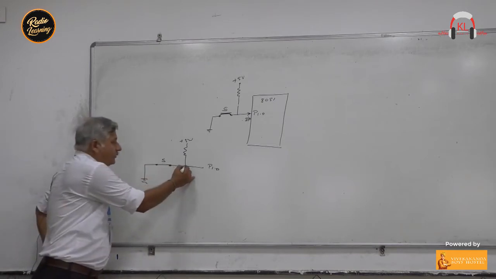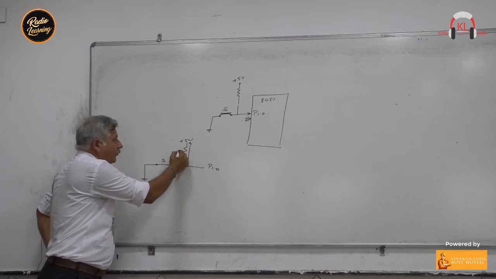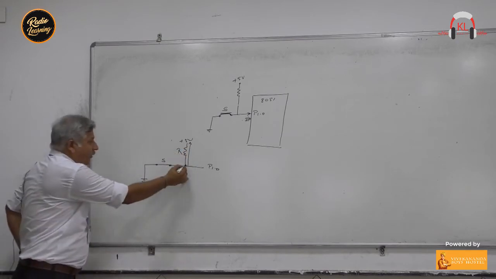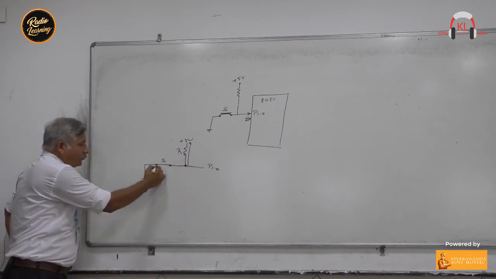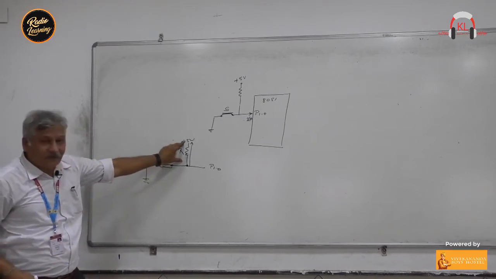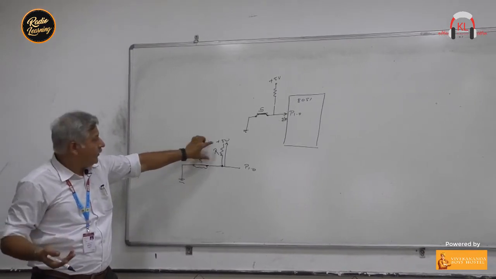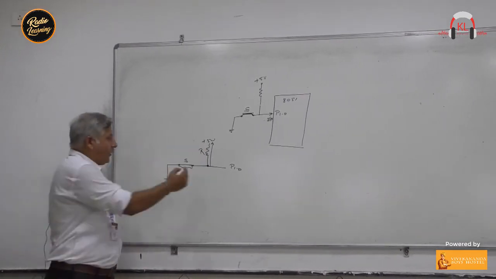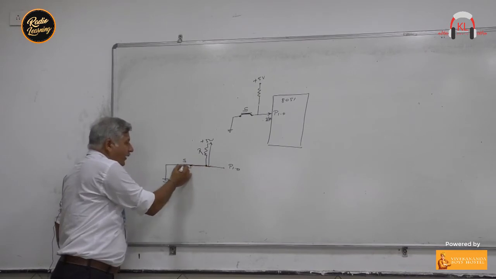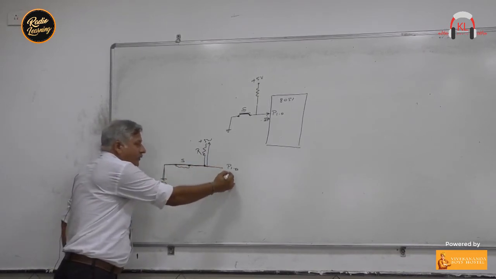Now this point is connected to VCC through one resistance, and this point is connected to ground through this short circuit path. This short circuit path will have very low resistance, around 10 ohm. Here the resistance is high. So this pin will be connected to the ground through the short circuit path, and you will read here a value